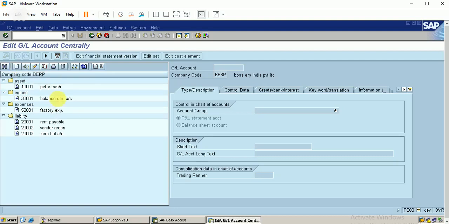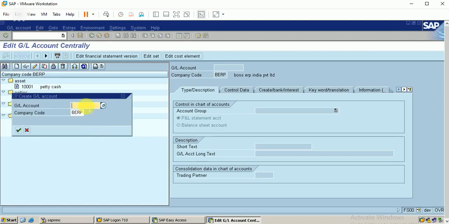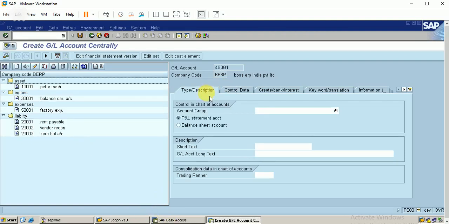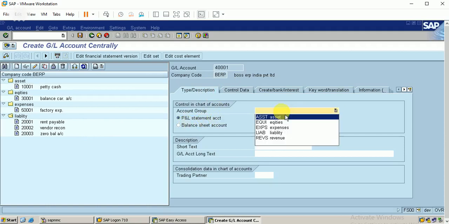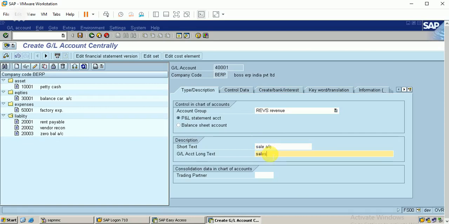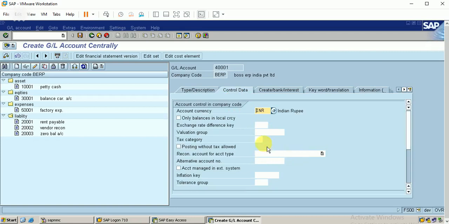I'm just clicking on create. Okay, 40001, this is the account for the revenue account. I'm creating a profit and loss account, this is revenue. Let's say for example it is a sales account. Control data, only balance in local currency.